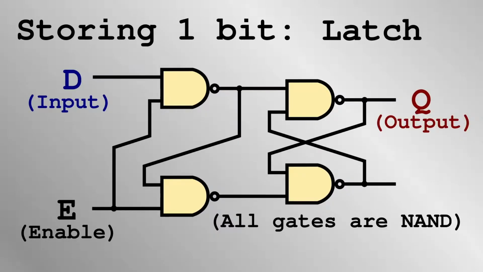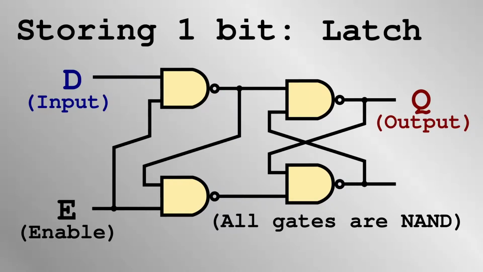You may notice that this looks rather strange. Before, we have seen gates in a strictly sequential manner, where the output of one gate goes directly to another. Now, there is an output from one going to the input of another, but then the output comes right back. It is this kind of interconnection that allows this network of gates to hold and retain its output value, 0